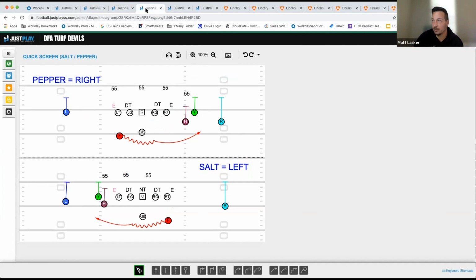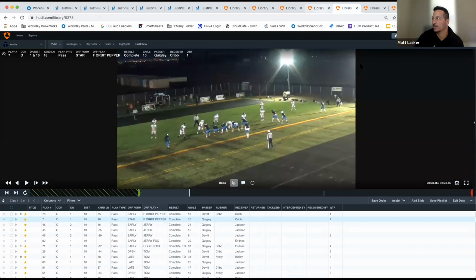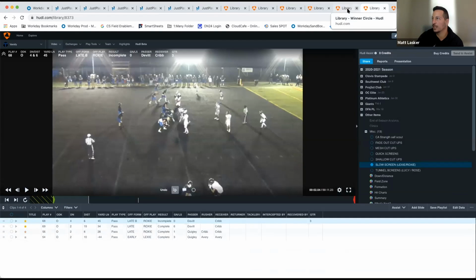It's a great red zone play, but essentially it's salt and pepper. Salt to the left, pepper to the right. Got this from our awesome coach, Joe Salas. And literally what it looks like, you put the running back in motion. When he gets over the top, you snap it, and then now you have, however many receivers you got out here lead blocking for the running back, who again is probably one of your better athletes as well. So I'll just show you a couple of these